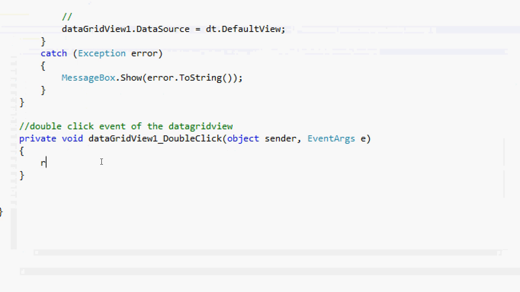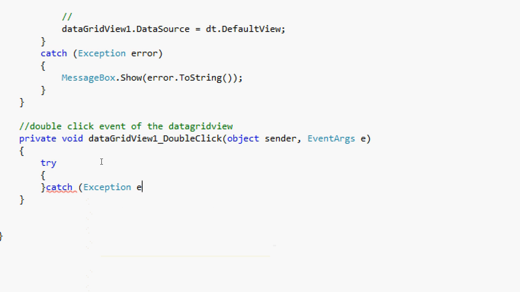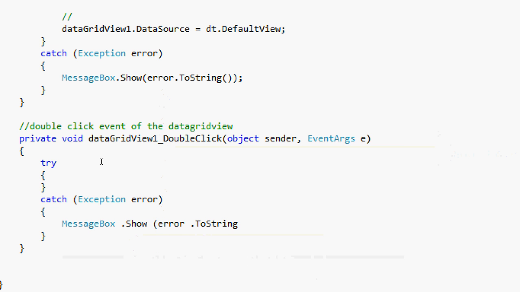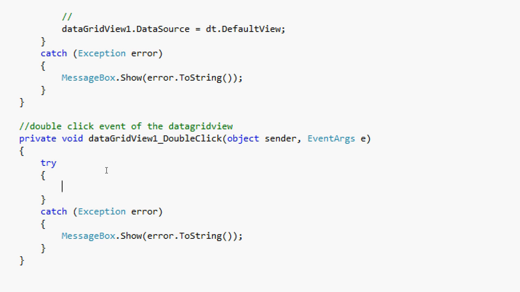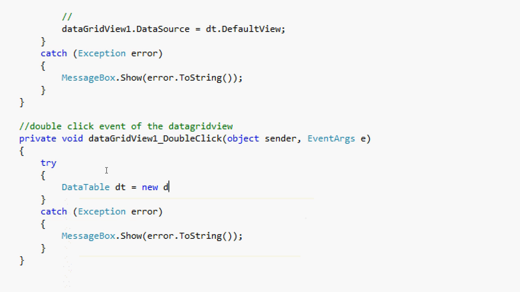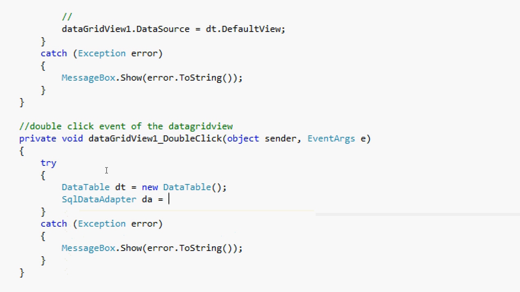We're going to use the try catch again since this is very useful. Try catch, exception error. Okay, then let's declare our data table. DataTable dt is equals to new DataTable, and then SqlDataAdapter da is equals to new SqlDataAdapter,